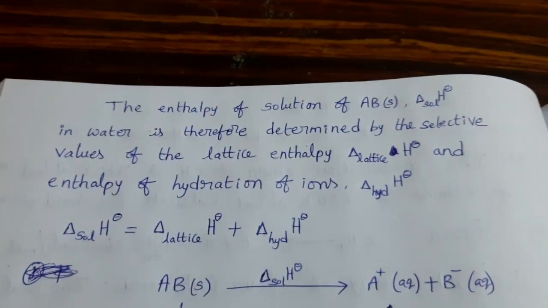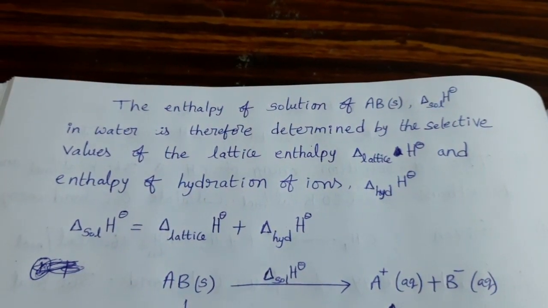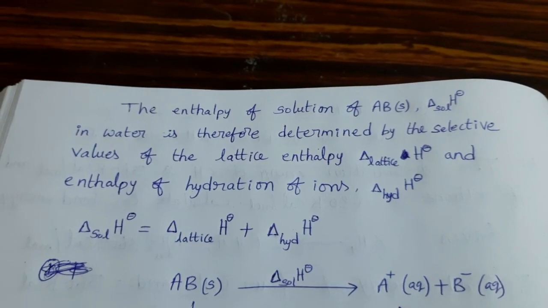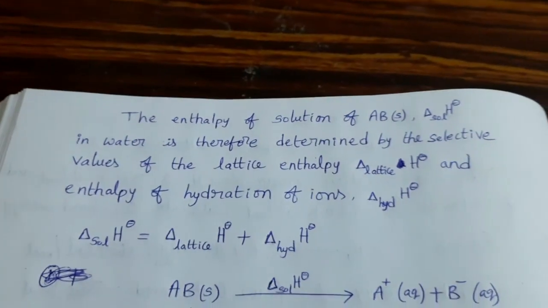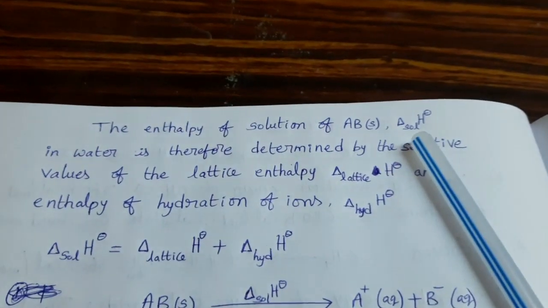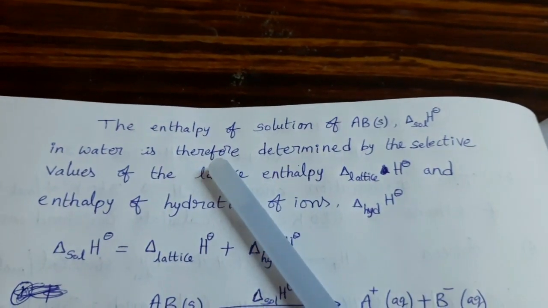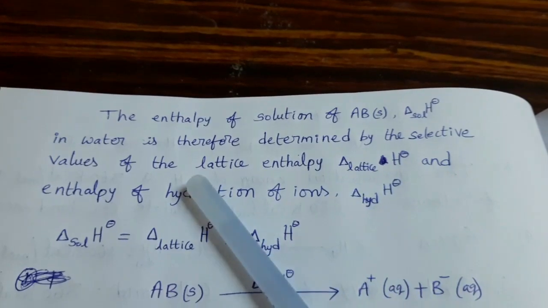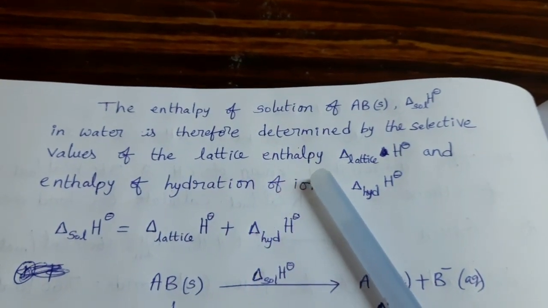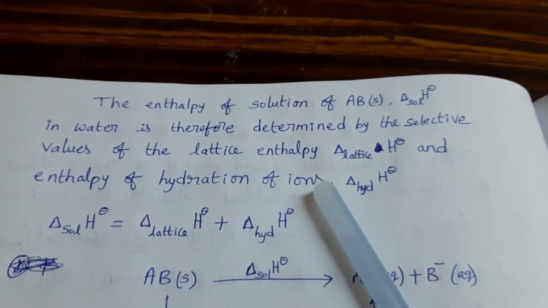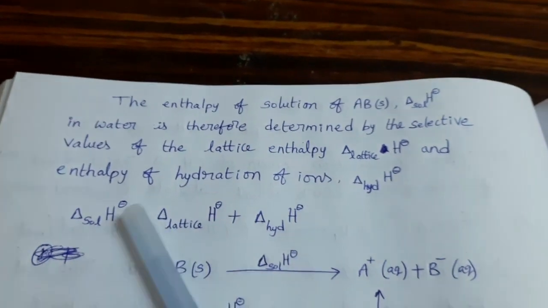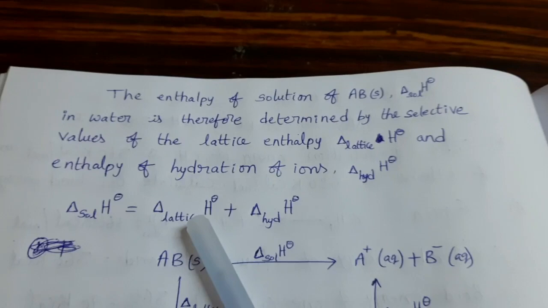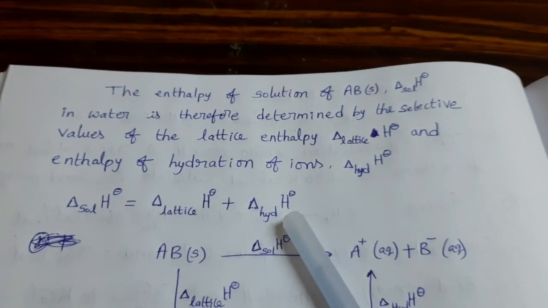The enthalpy of solution of AB, that means a solid substance AB, delta sol H naught in water is therefore determined by the selective values of the lattice enthalpy and enthalpy of hydration of ions. So enthalpy of solution equals lattice enthalpy plus hydration enthalpy. See this,